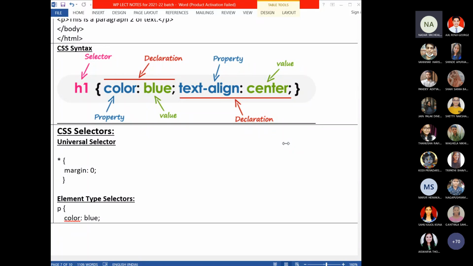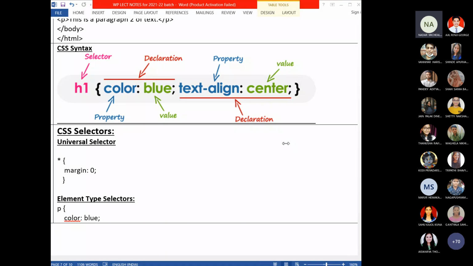Is there any attribute or tag we have to use in inline and internal? Ma'am, in internal, we use the style tag. Okay. For inline, how will you write the CSS style definition?